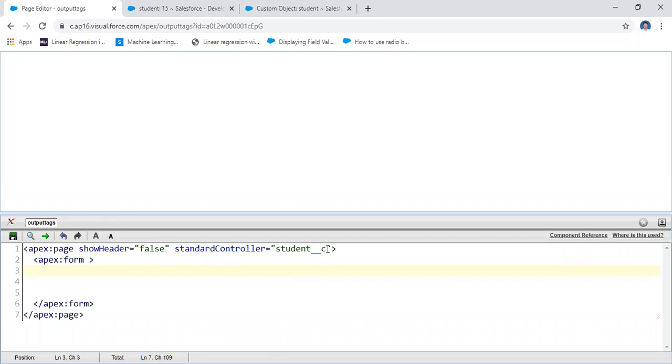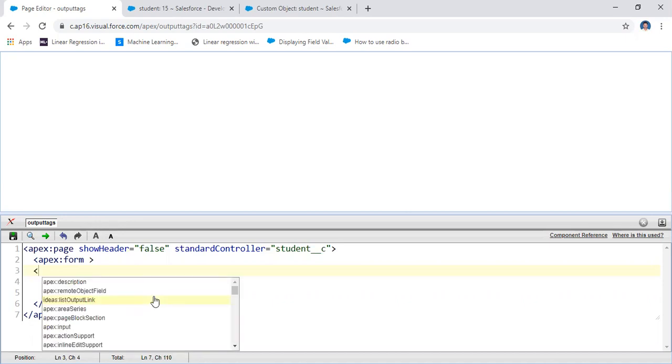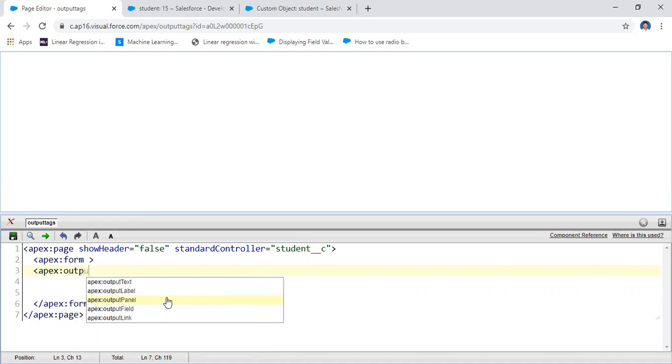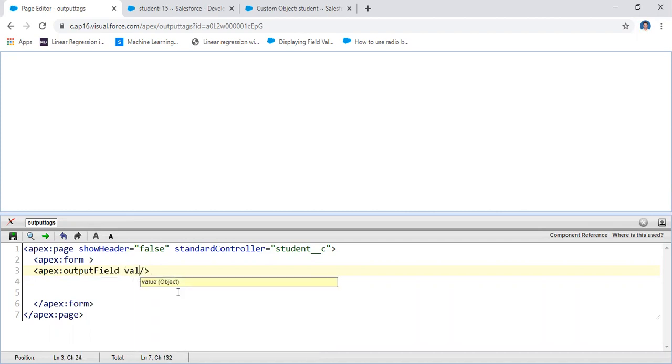Just like before, instead of text I am using the field. For example, apex colon output field. Here I'm taking the output field value, and I'm going to bind the value, getting the information from the standard output.